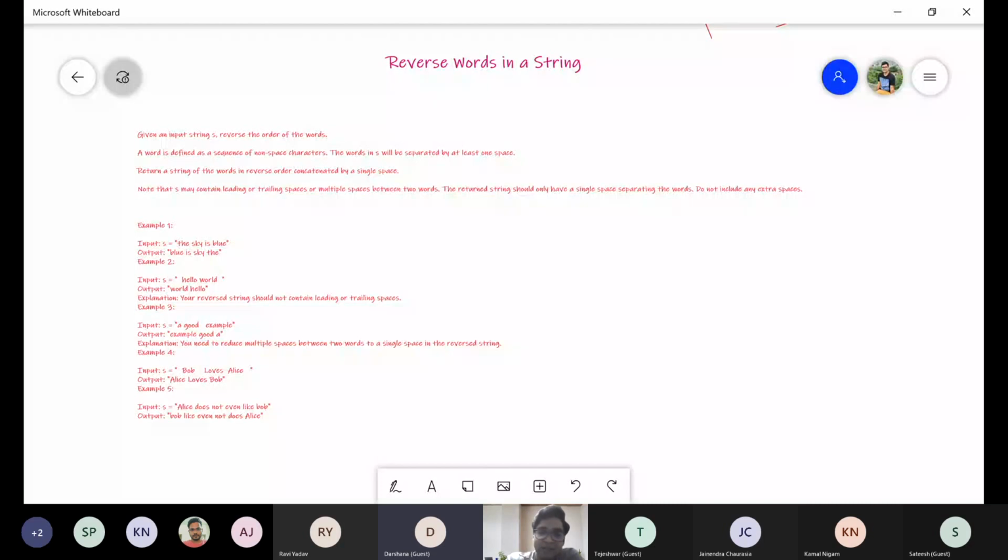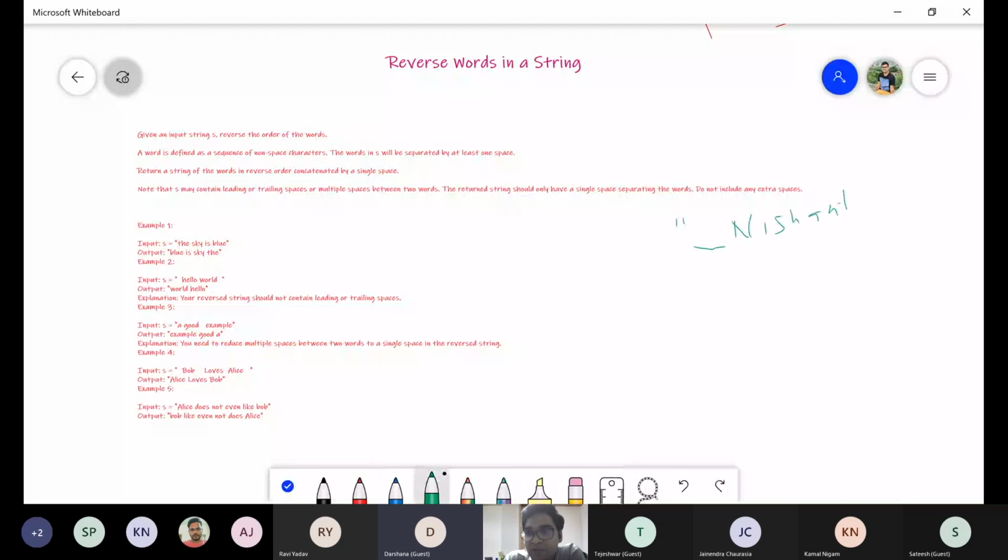So for example, to clarify the problem, suppose this is my string: a space, then I write Nishant, then again space, again space, again space, and A. Now the output should be a single space between them. This should be the output. I hope the question is clear now.